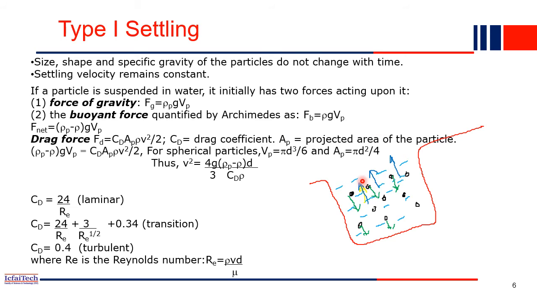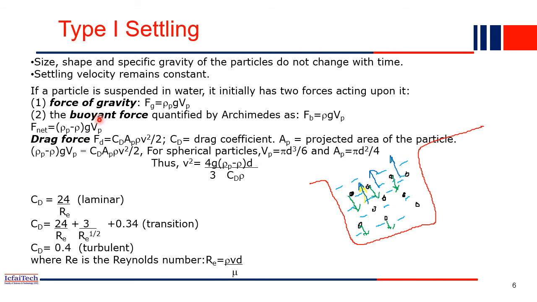If the buoyancy force is more, then this particle will simply be floating in the water, right? Now if the buoyancy force is less but the gravity force is high, that means the mass is more. In that case, the particle will simply go down, it will be settling down. Depending on this net force, F net is nothing but the gravity force minus the buoyancy force. If F net is positive, then this particle will be settling down. If this is negative, it means the particle will be floating at the top.